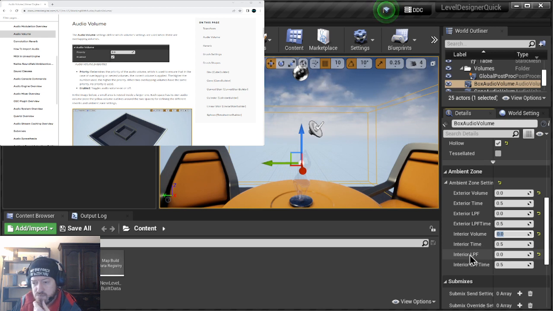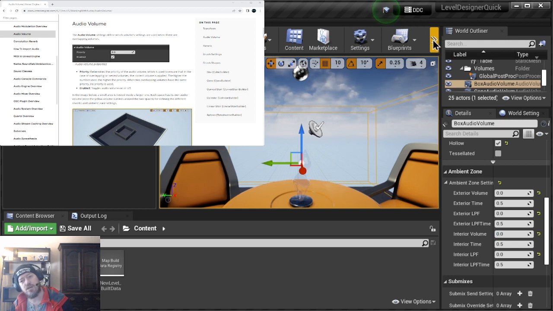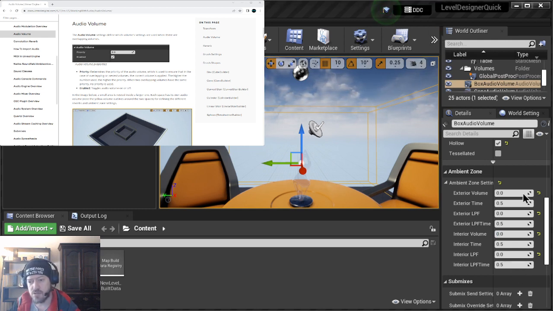Outside the volume, with the player inside the volume, I already have that down to 0. And then of course the time on that. So if everything worked out, and if I build geometry again,